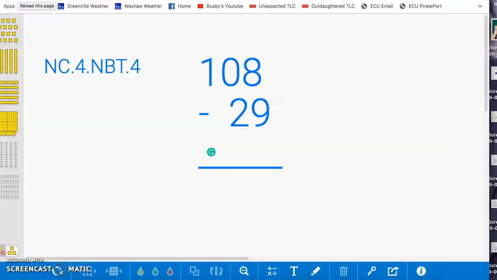By fourth grade, subtraction is interesting because students have had a lot of practice with subtraction. They've learned place value, they've learned how to estimate, they've learned a lot about subtraction. So by the time they get to fourth grade, they're really familiar with subtraction. So the strategy that students use in fourth grade to solve subtraction problems is